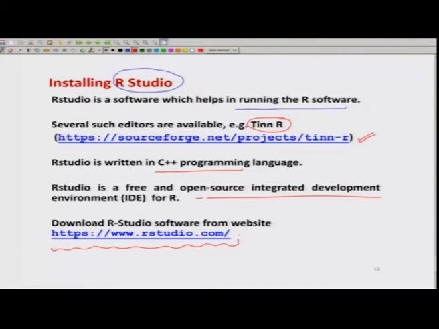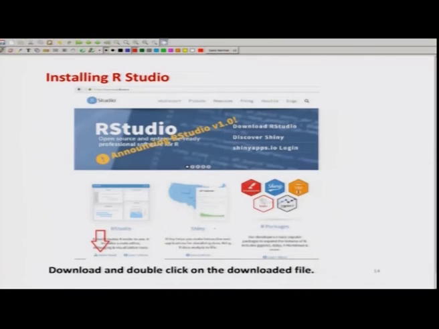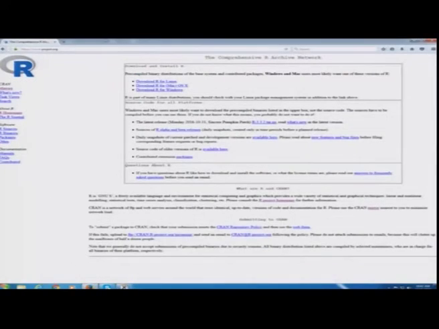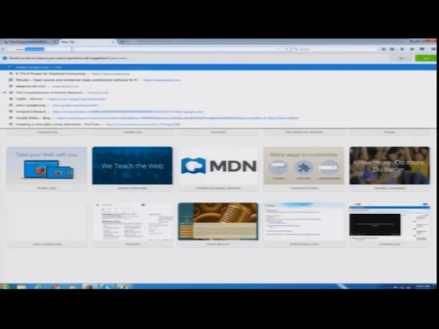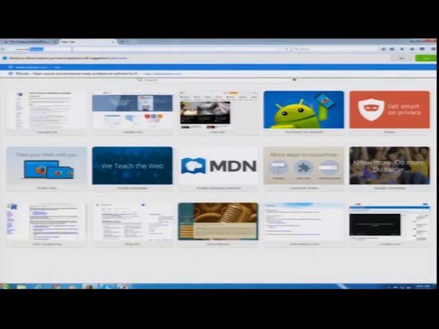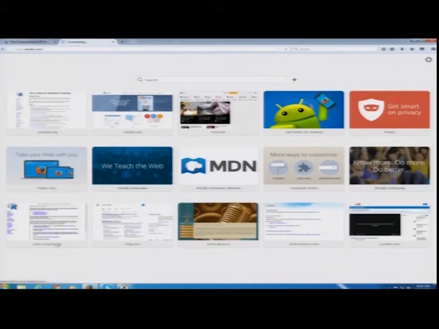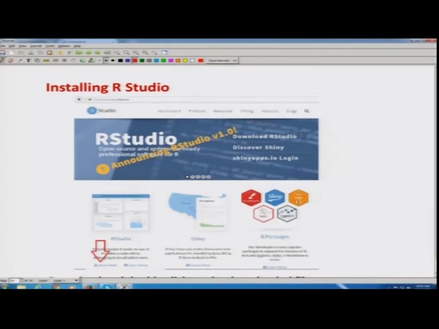So what we have to do is simply copy this link, and then open it in the internet browser. For example, I can show you that if I type here rstudio.com, then I get this.